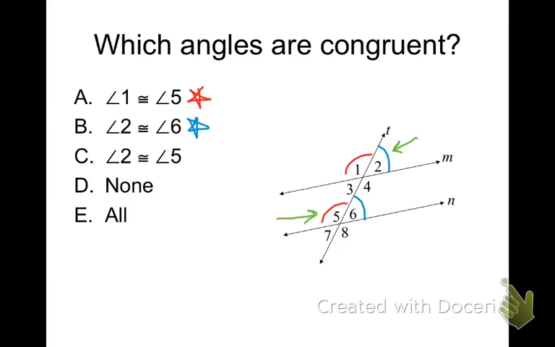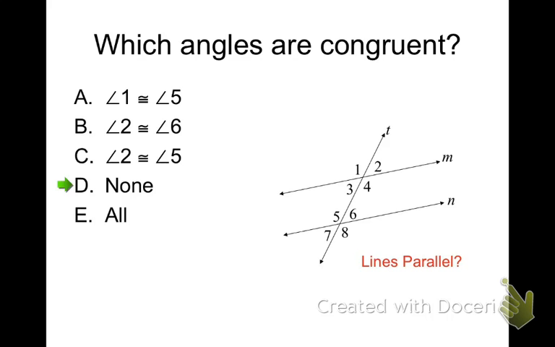But what about corresponding angles? What's the situation where we see corresponding angles being congruent? Well, we need to know one thing first, and that is whether M and N are parallel lines. And we're not told that in this example, so there's no way we can conclude that the corresponding angles are congruent. We don't know that line M and N are parallel,